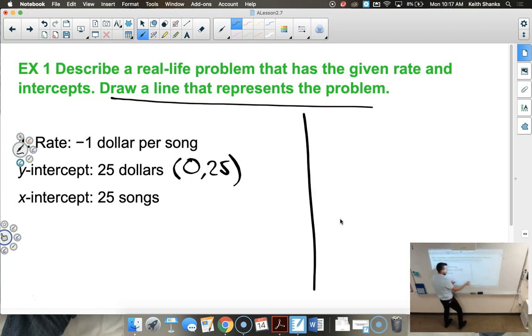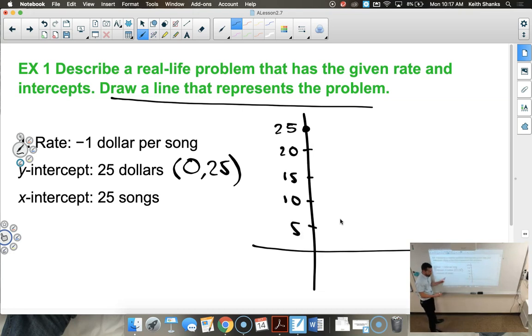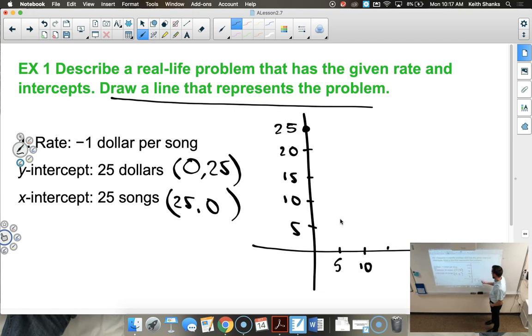So I could go on a graph, and I could graph 25 here. We'll go by 5s. There you go. And this guy right here? What point is that? 25, 0. Yeah, 25 comma 0. So we'll go this way, 5, 10, 15, 20, 25. There's a point there. And they wanted me to graph this, and it says the rate,